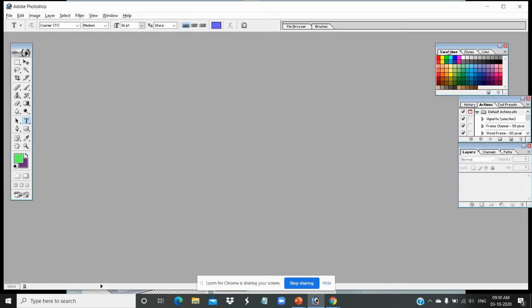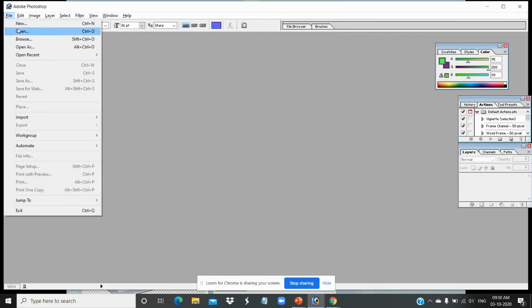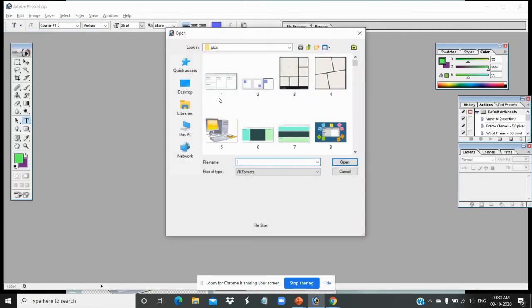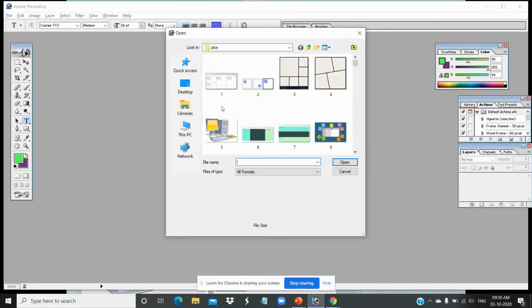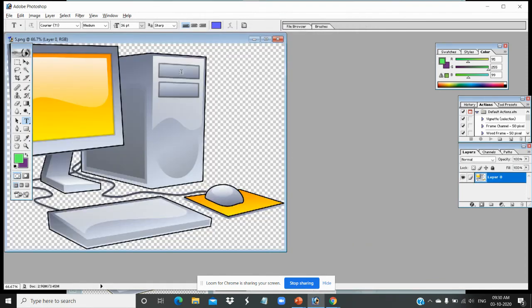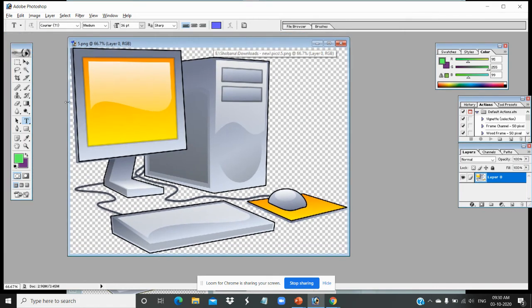So colors, you have the swatches and styles and color together in a single panel. Okay, so first let us open up an image. We'll just check on how to blur an image and how to crop. Let us take this image, open. Okay, so first crop. We'll see how a crop looks like.